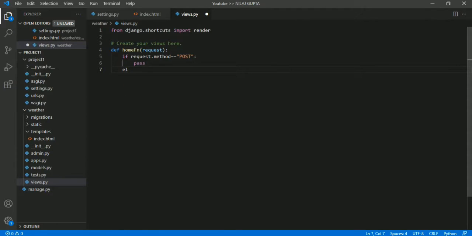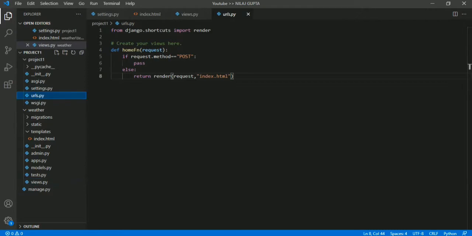Otherwise, if we just go to that URL, it will return index.html, with the request.